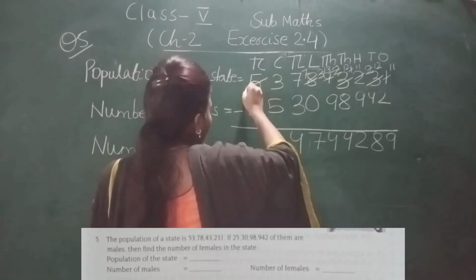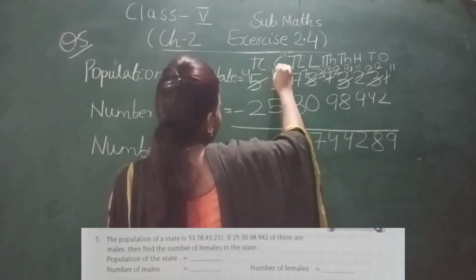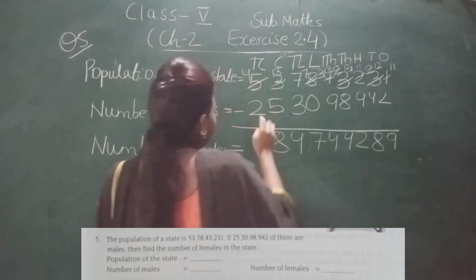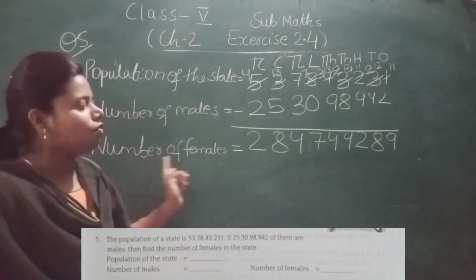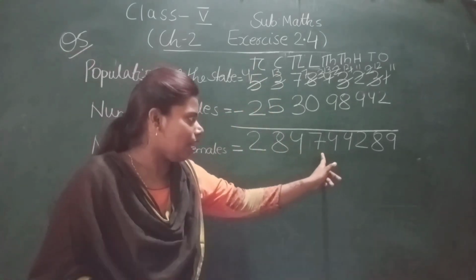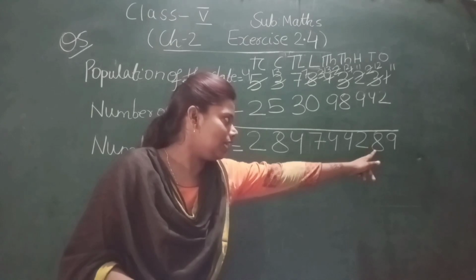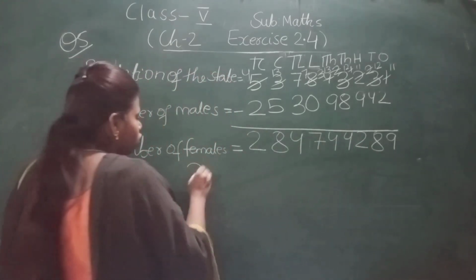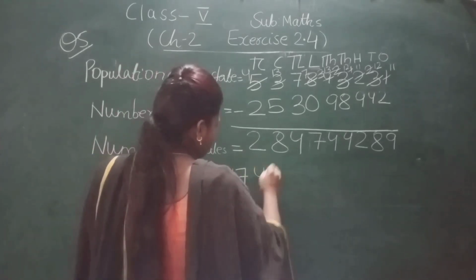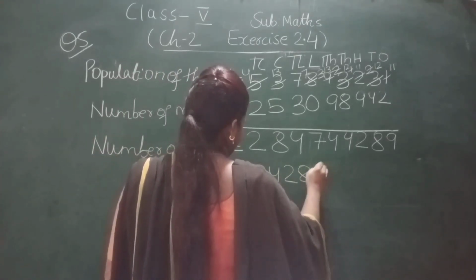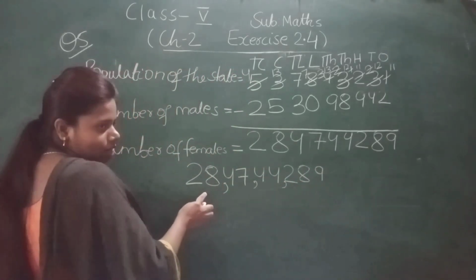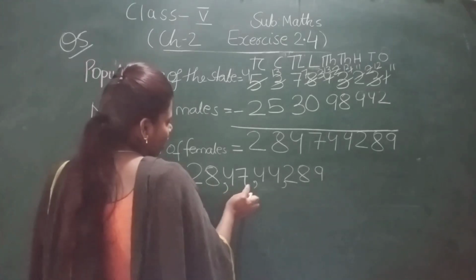So this 3 will take 1 borrowing from this 5. 5 will become 4 and 3 will become 13. 13 minus 5 is how much? 8. And 4 minus 2 is 2. So now the number of females is how much? 28 crore 47 lakh 44,289. Let's place the comma. Now you can read it as 28 crore 47 lakh 44,000